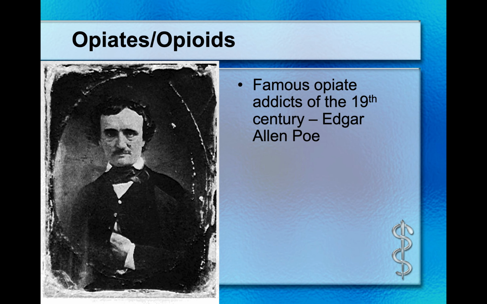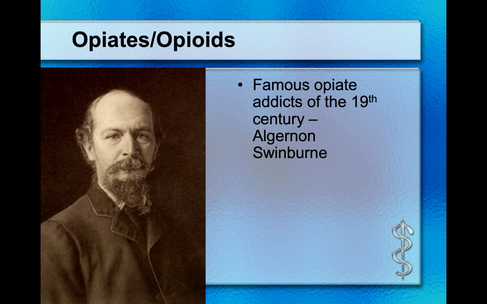Edgar Allan Poe, the famous mystery and sci-fi writer, was an opiate user. He used laudanum. He was actually an alcoholic, and he couldn't tolerate alcohol. Alcohol made him insane. So, in order to break him of his alcohol habit, they gave him laudanum, and he died at 45 in mysterious circumstances as a laudanum addict. Algernon Swinburne was an author,